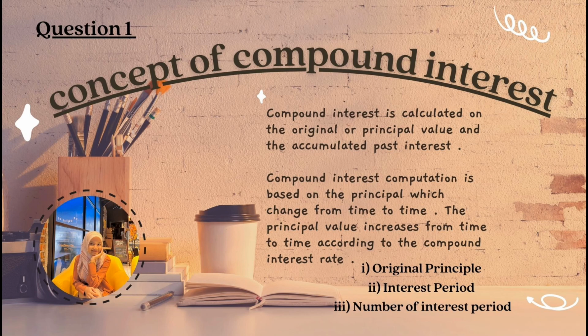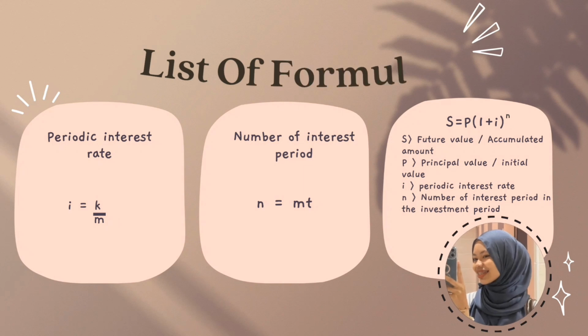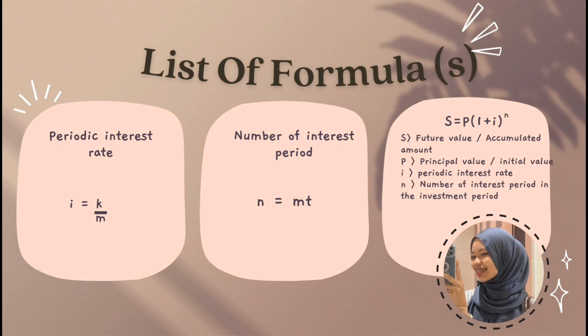First, original principal. Second, interest period. Third, number of interest period. In compound interest, we have a list of formulas. For interest period, we use i equals k divided by m. For the number of interest period, n equals mt. And the compound interest formula is S equals P(1 plus i) to the power of n, where S is